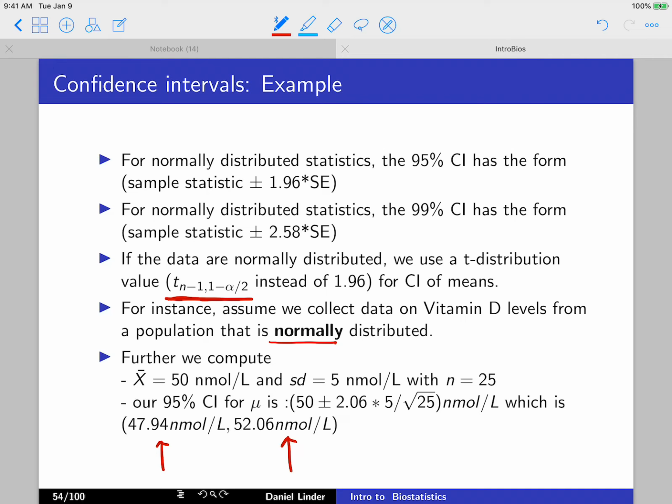So this would be our 95% confidence interval for mu,